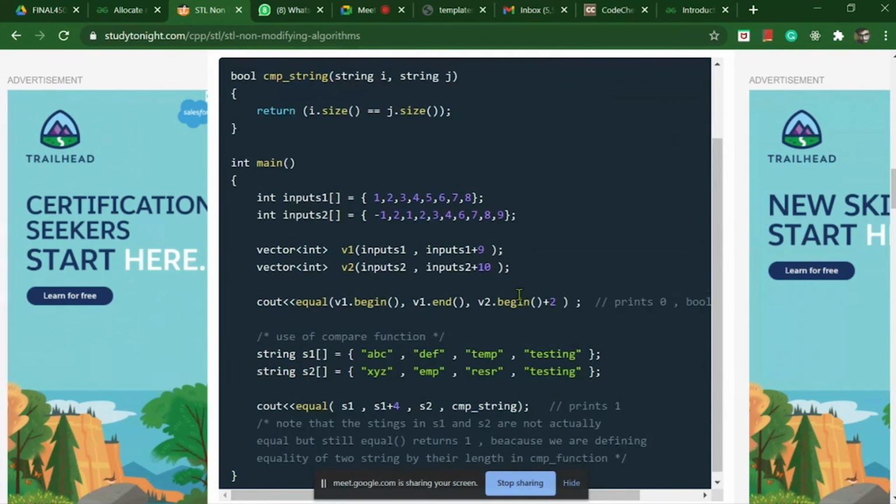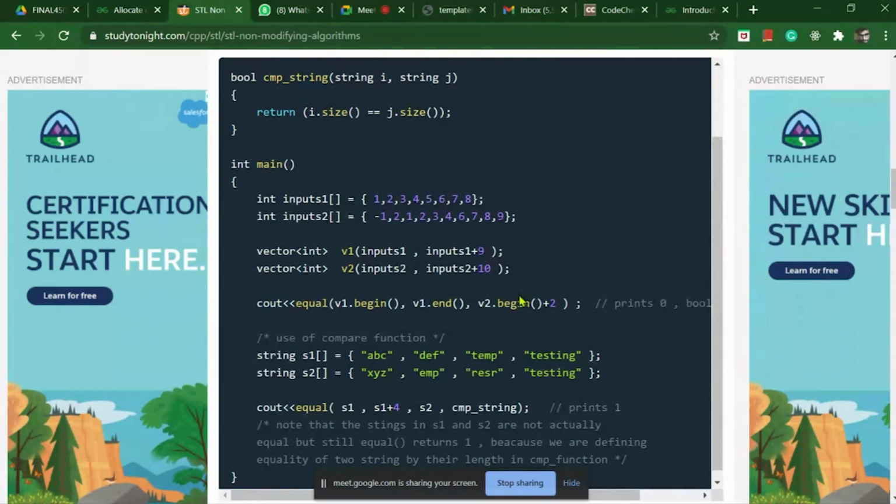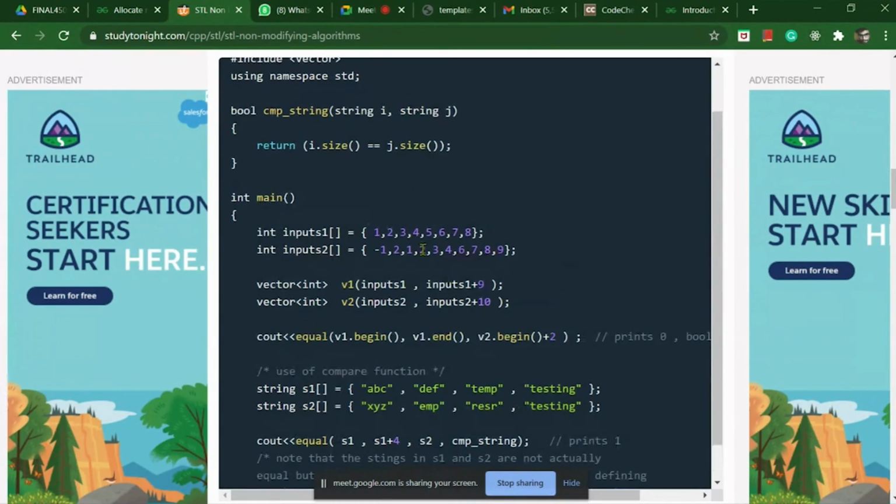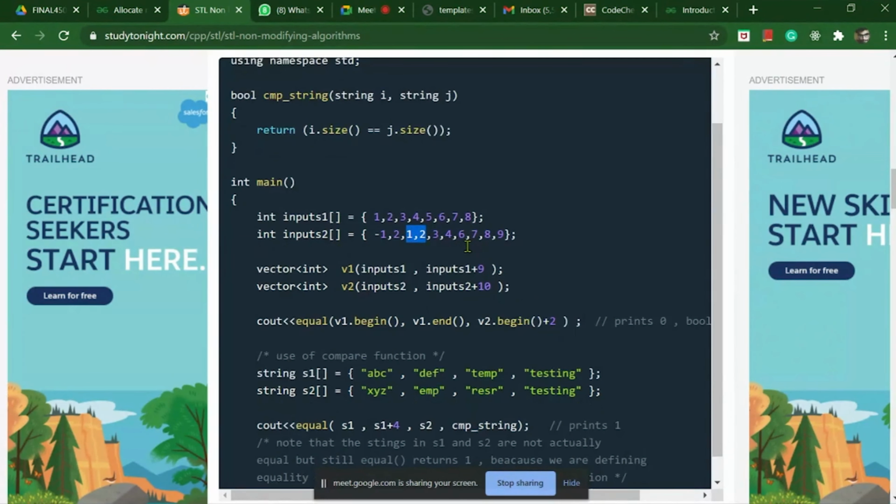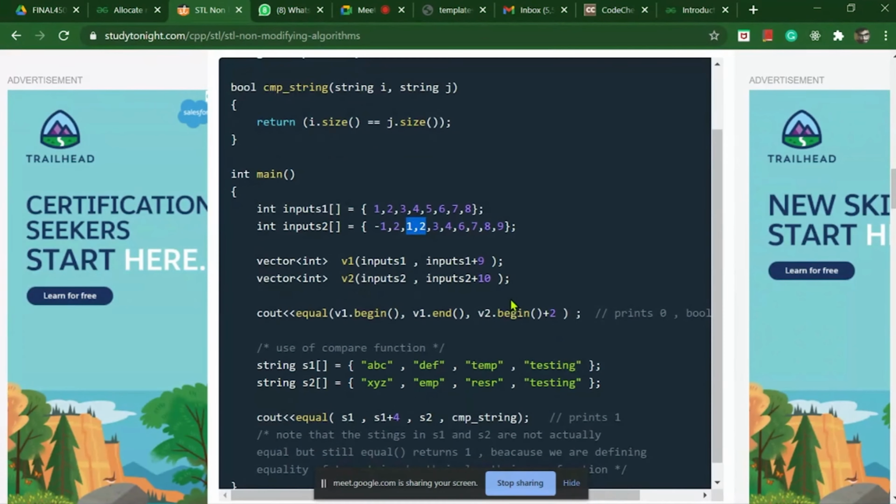And the last parameter is the starting position of the second array from which we want to compare. Here we are comparing this value with this value. You can see that 5 doesn't exist in the second input array, so this is going to give an output of 0, as both the arrays are not equal.